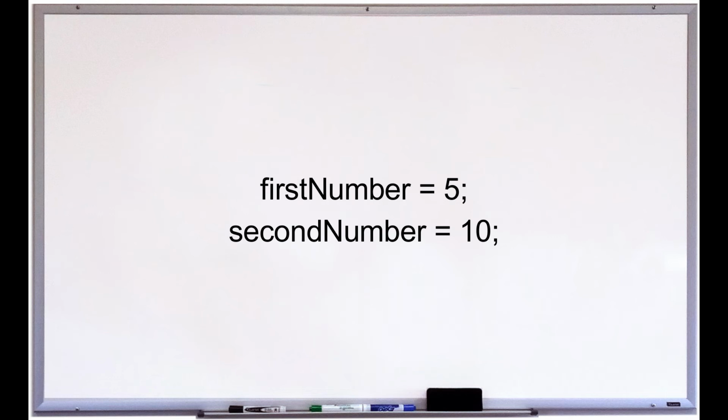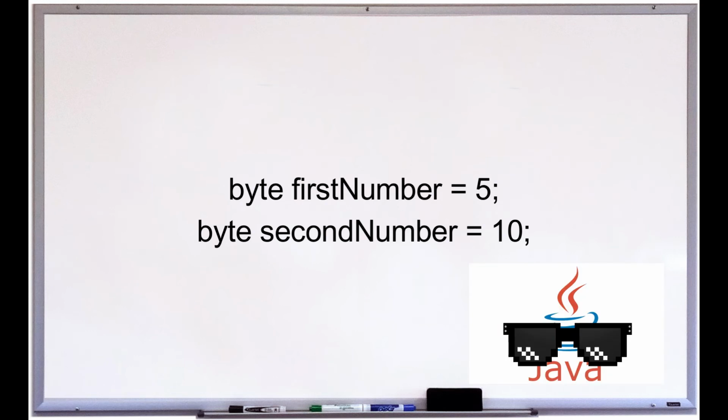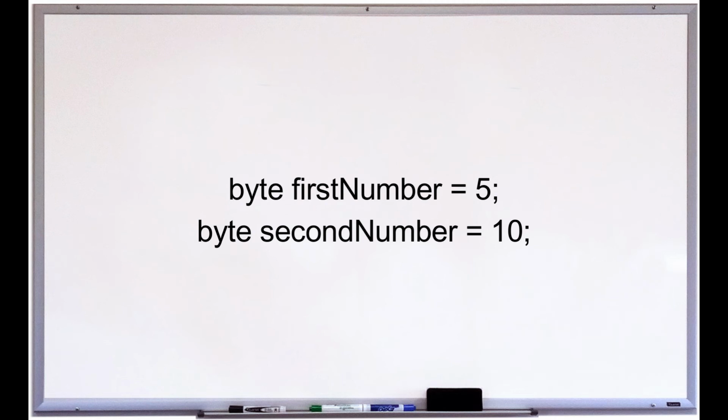We have just learnt our data types, right? These numbers are simple integers. So we can use our first data type byte here. We tell Java that first number is byte and Java will understand. Java is very smart. Now put that number 5 in this byte first number like this. Byte first number is equal to 5 and the line termination symbol semicolon. Here we assign this value 5 to first number of data type byte.